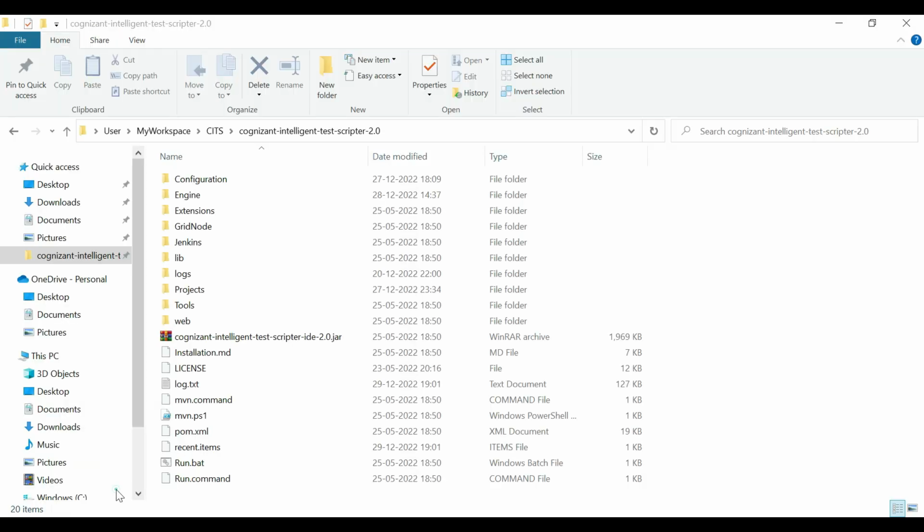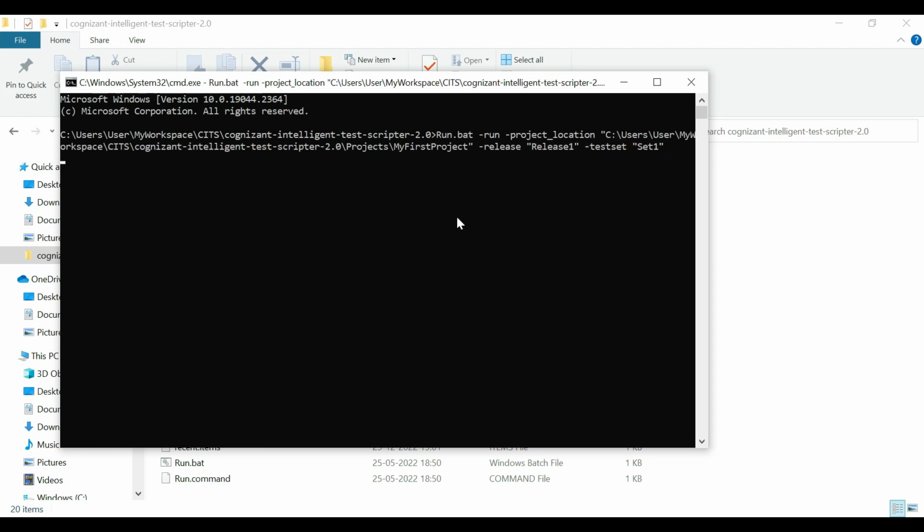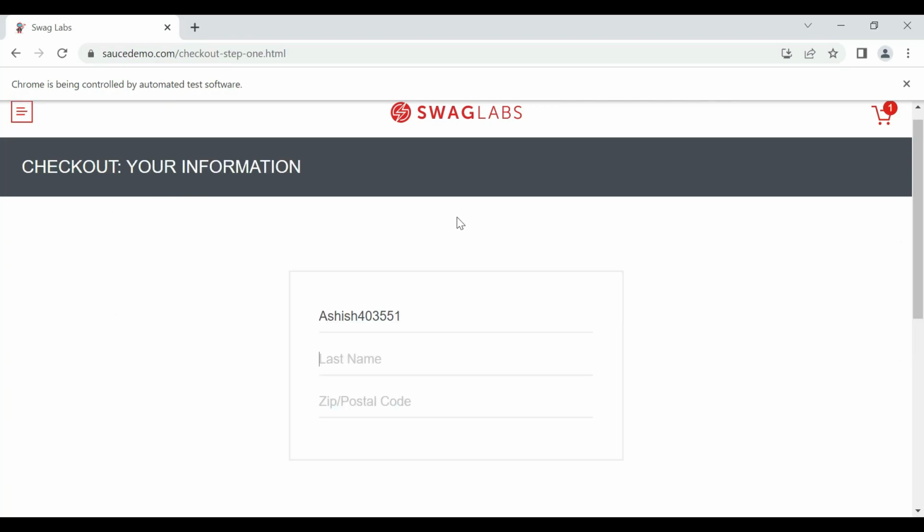Let me go to the location of the tool. This is where the run.bat file is located. So I will go to the URL, or rather the directory, enter cmd and hit enter. This will open up the command prompt for me. Here I will just paste the syntax that I have and hit enter. This will trigger the execution, and